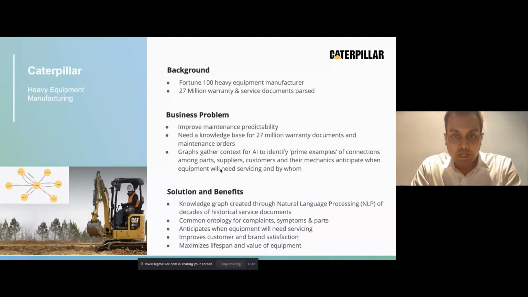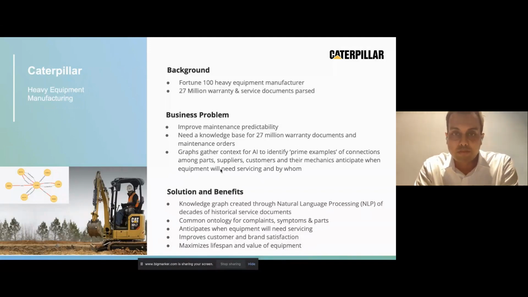One example from our customer base is Caterpillar, a Fortune 100 heavy equipment manufacturer in the US and across the globe. They have more than 27 million warranty and service documents that they need to parse every year. Their business problem was they wanted to improve the maintenance predictability. They needed to create a knowledge graph, understanding all these documents, maintenance orders, what went wrong in the past. And they wanted to use AI and graph together to understand how they can improve their equipment value and lifespan